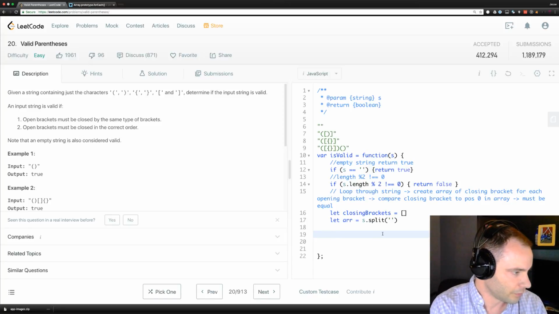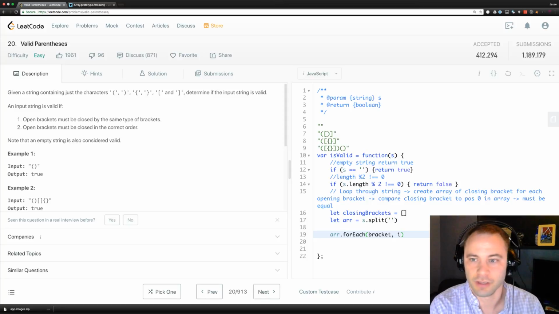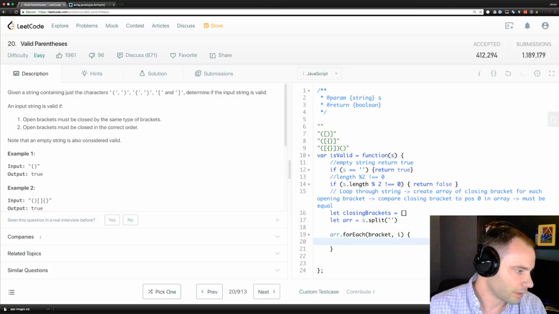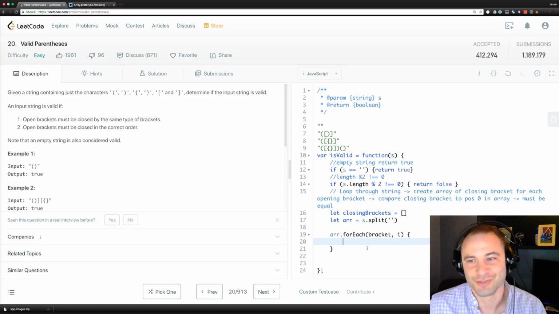So I think we're going to do array dot forEach, and we'll say for each bracket, since they're all brackets, and then we'll also just use i for whatever point we're at in here. And inside here, this is going to be a little bit tricky. So what's the exact bracket? So if,